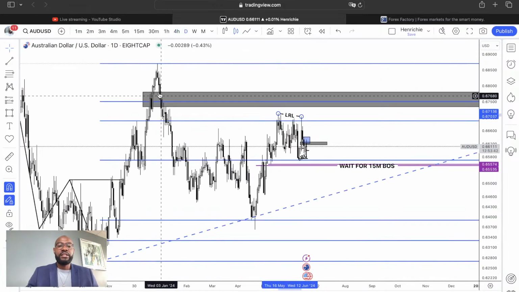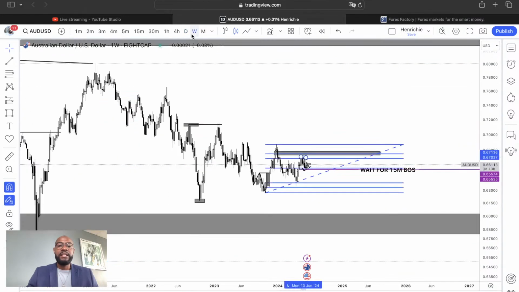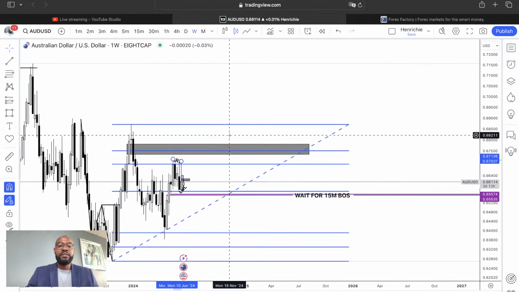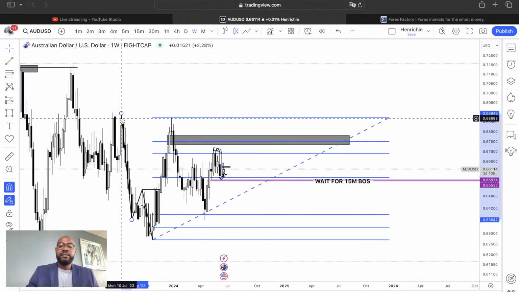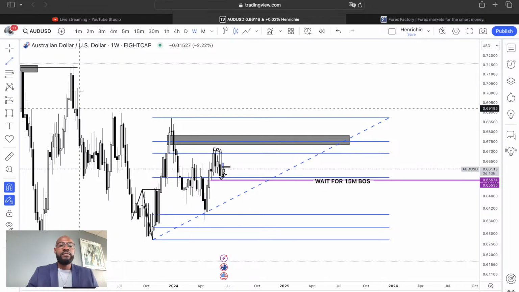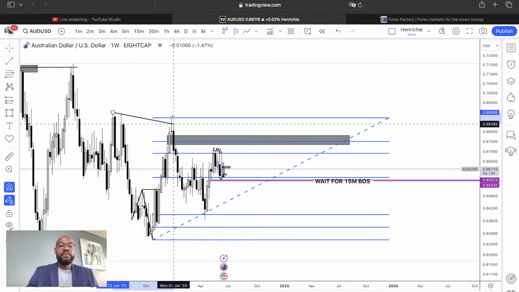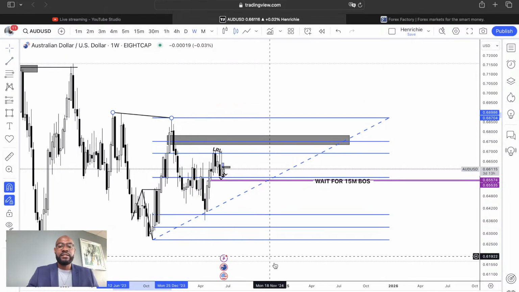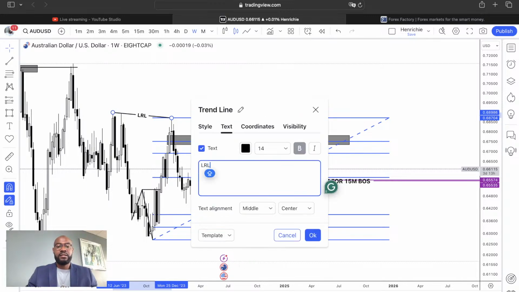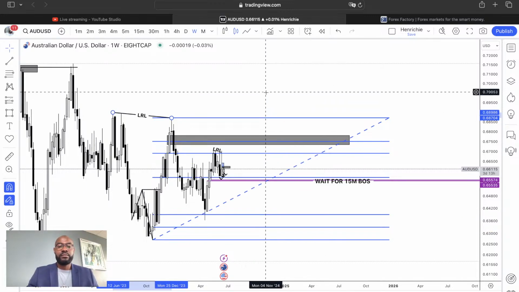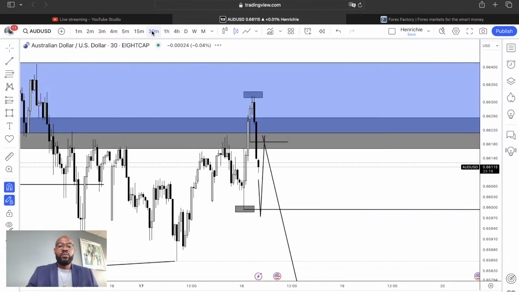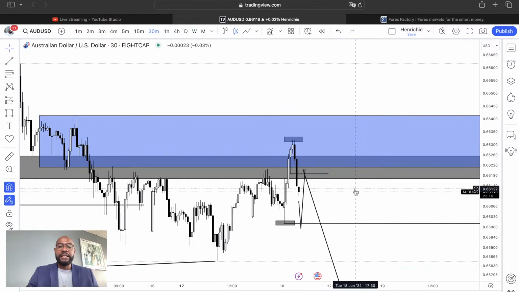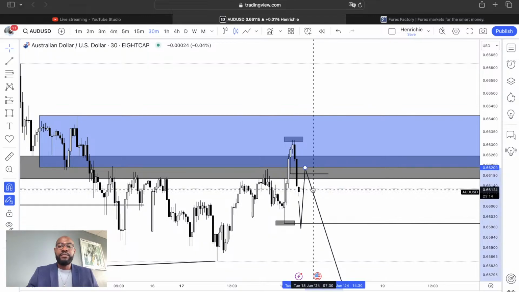and also potentially rally into this inefficiency resting right here on the daily, and the inefficiency on the weekly as well, and also most likely rally above this buy side liquidity, low resistance liquidity. So that is my analysis on what I'm watching on Aussie dollar, and it would have been a beautiful trade